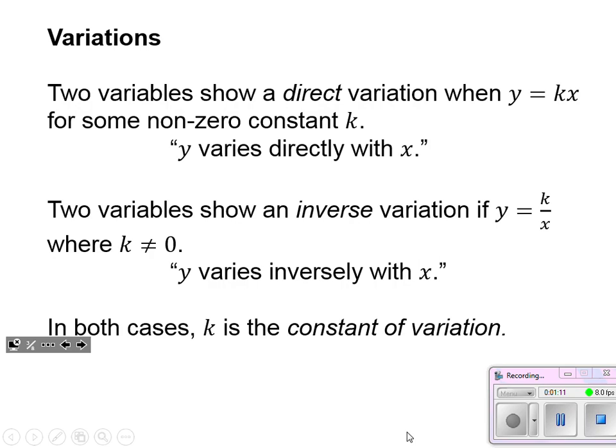Okay, now I'm just going to extrapolate a little bit on a direct variation. If we have y equals k times x, if I divide both sides by x, it means the quotient of y over x is always that constant. Likewise, in the inverse situation, if I multiply both sides by x, I find the product of y times x is constant. So those are some tests that we can use to see if a data set that we're given is demonstrating a direct or an inverse variation.